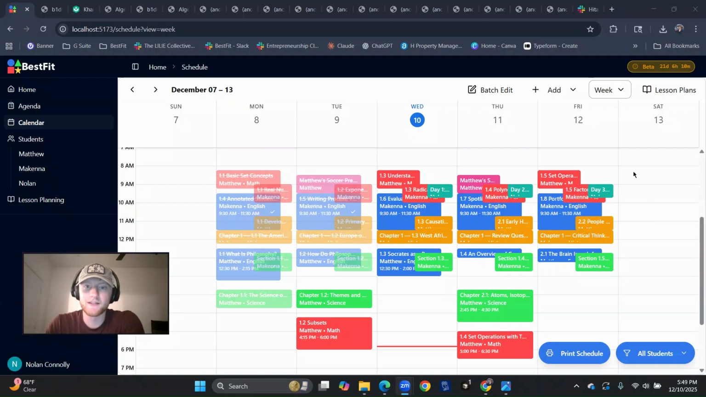Nolan with BestFit, and today we're going to be going over the batch editing feature. If you see right up here, there's a button called Batch Edit, and basically what this allows you to do is make large changes to your entire schedule without having to go and manually drag and drop and change